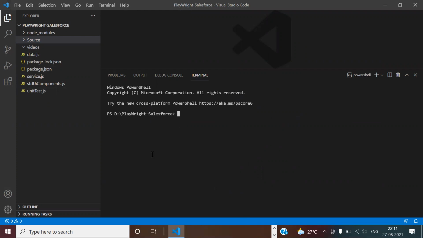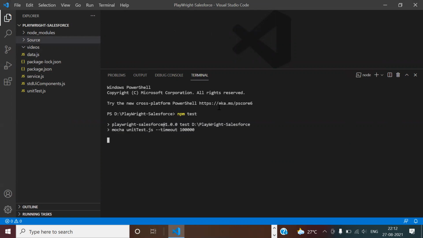When I type this, it is going to open my browser, which is the Chromium browser in this case, and it is going to log into Salesforce. It's going to create the account, create the contact, create the opportunity, and once this entire testing is done, you also get a nice recording of the entire test case inside this folder. Now let me give a quick demo, and then I can give a quick overview of the code that I have. I type npm test and I press enter, and that's it.